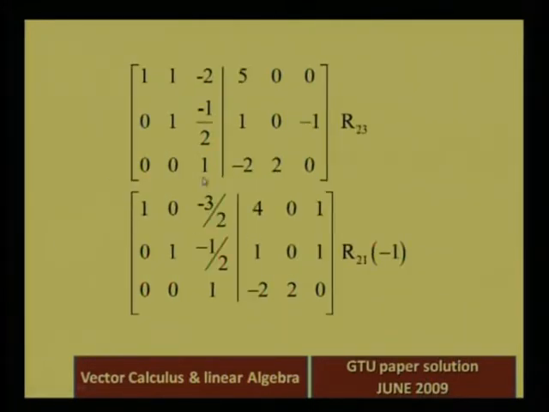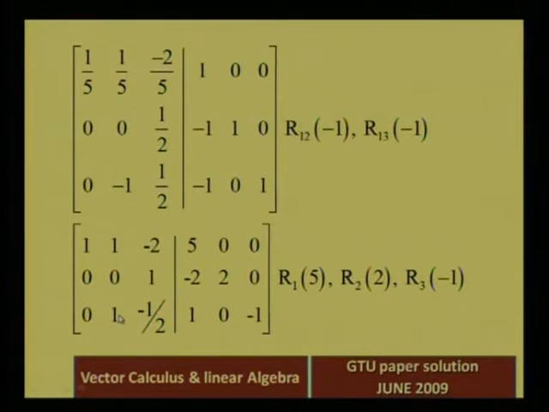You can see the next process is R23. Okay, the next process is R23, because in the left hand side we want the identity matrix, and what is our identity matrix in 3 cross 3? 1 0 0, 0 1 0 and 0 0 1, right, that you all know. But already we have this leading entry, and below that leading entry we already have 0.